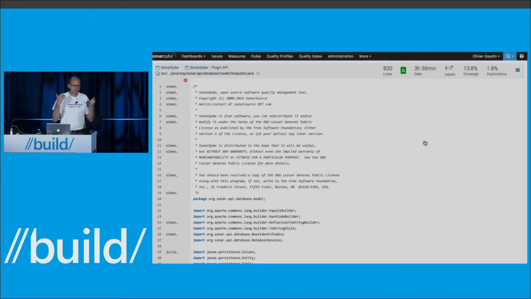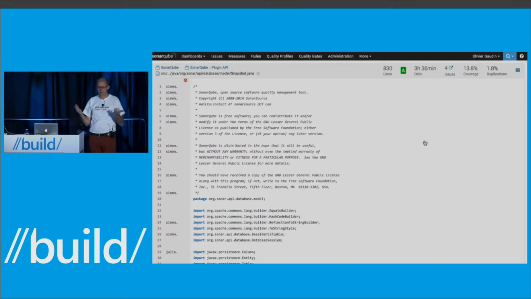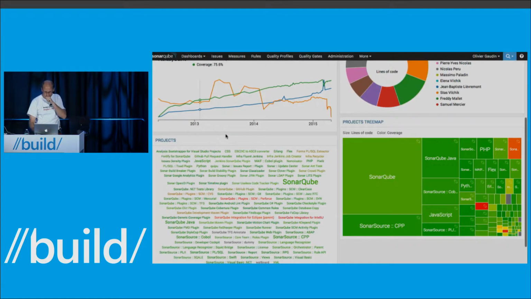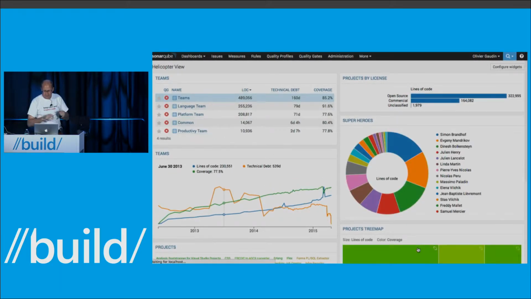Why? Because a lot of the things we show in SonarQube are averages, and with averages, you never know what's behind. If you go to the garage and ask the guy to check the pressure of the tires, and he tells you, oh, on average it's okay. Well, maybe it's okay, maybe it's not. Maybe the front tires are overpressured, the back tires are underpressured, and it could be very dangerous. Same thing here. I'm going to show you an example, a very unfortunate example,